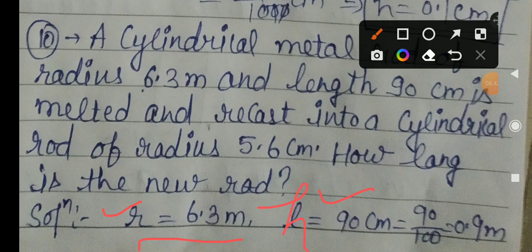So the height of the cylinder is 90 upon 100, and that value is converted to 0.9 meter. Okay, so this is the dimension of the old cylinder, and for the new cylinder only the radius is given; you have to find the height. So the radius is 5.6 centimeter, you have to convert this value into meters after dividing by 100,